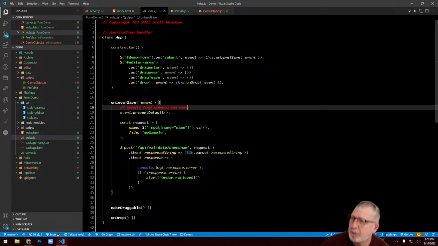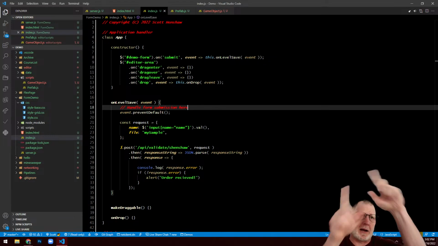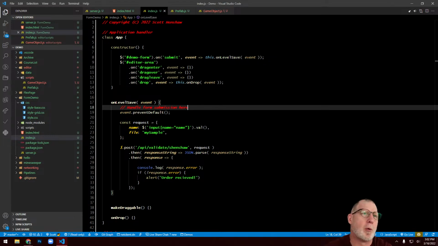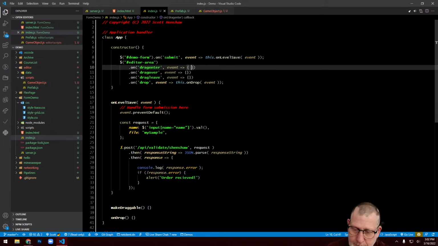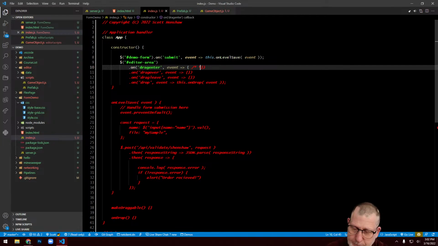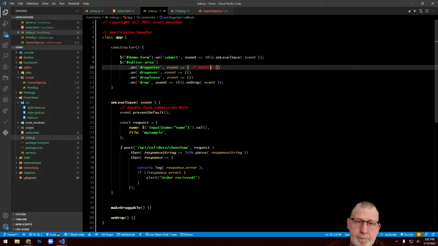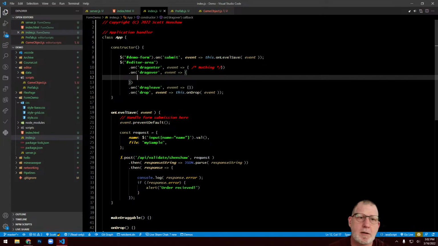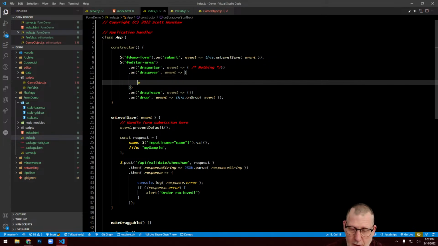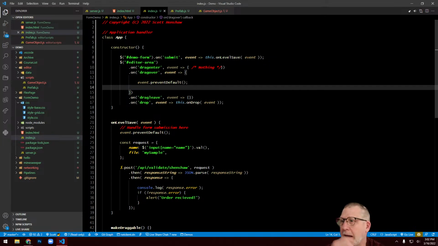The drag over, really, remember I had that piece of code that turned the cursor from a crosshair back to the normal pointer arrow? That would be the appropriate place to do that. So in here, nothing. In here, I'm going to go in and prevent the default thing, and then I'm going to just, really, if I have any things in the world,